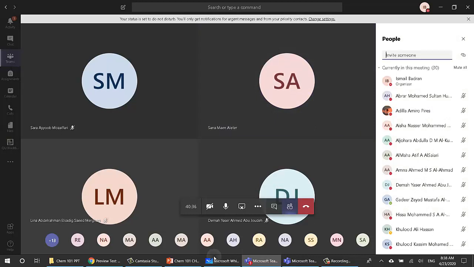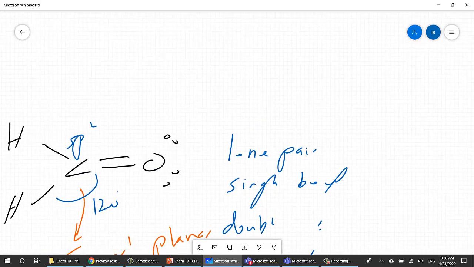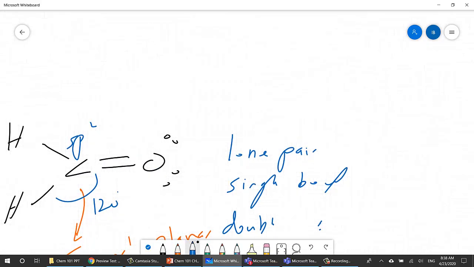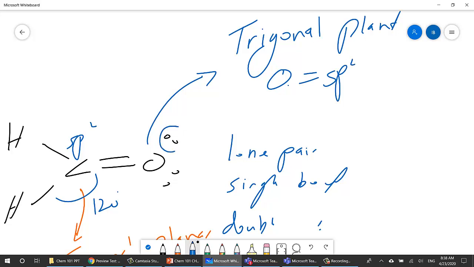sp2. Yes, you're right. sp2. Now let's move on to the oxygen. Oxygen has also 3 groups. You have 1 double bond, you have 2 lone pairs. Okay? So this is also trigonal planar hybridization. And therefore, the oxygen is also sp2. That means this lone pair is actually sitting in an